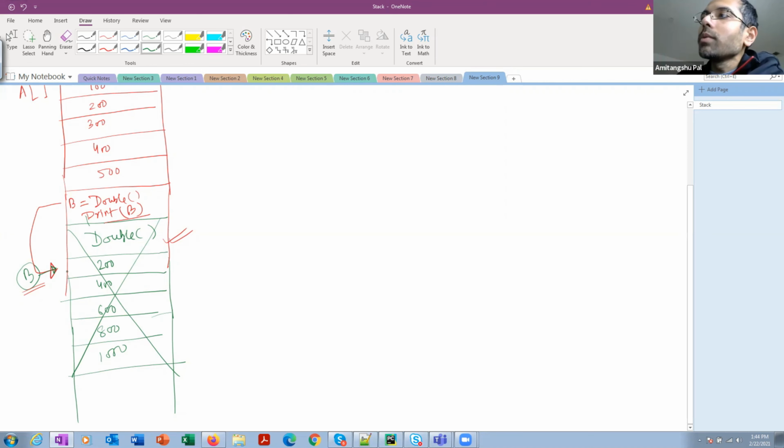The B array was an auto variable. So when you are printing B over here, you are accessing memory that has been deallocated already. Okay, so that's why it is giving me a segmentation fault. We are trying to access the memory that has already been deallocated. Clear? So what is the solution to this?